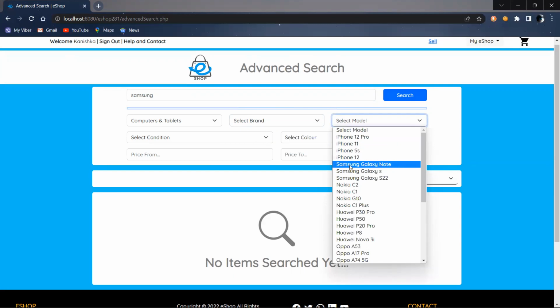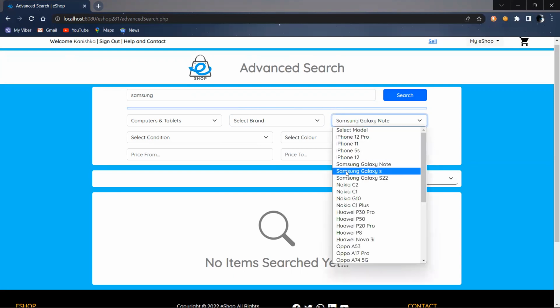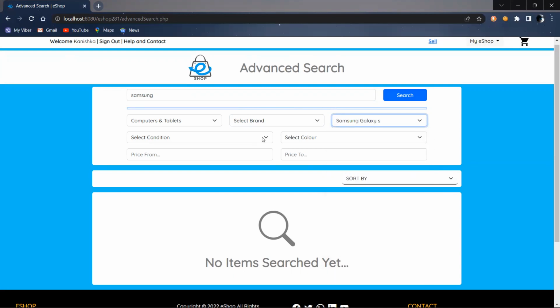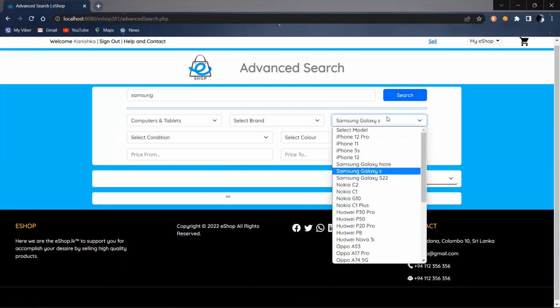Now that I have given that value, we will check whether there is a Samsung Galaxy X phone or not. No, I haven't entered any detail like that. So without entering,